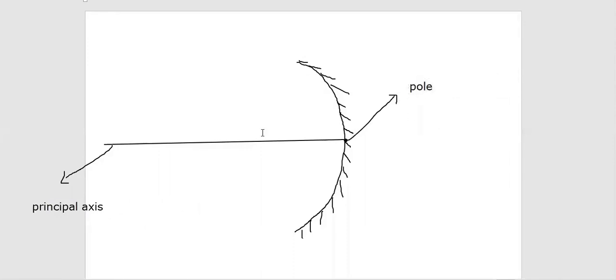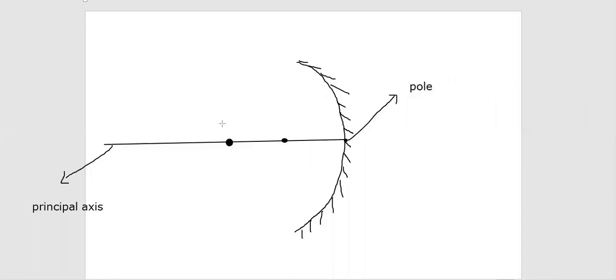Now, whenever you are drawing the diagram in classwork, you need to take a few precautions. I'll tell you what those precautions are. You need to take a scale, a protractor, and a compass, and then you need to draw the diagram. I am explaining how to draw the diagrams.